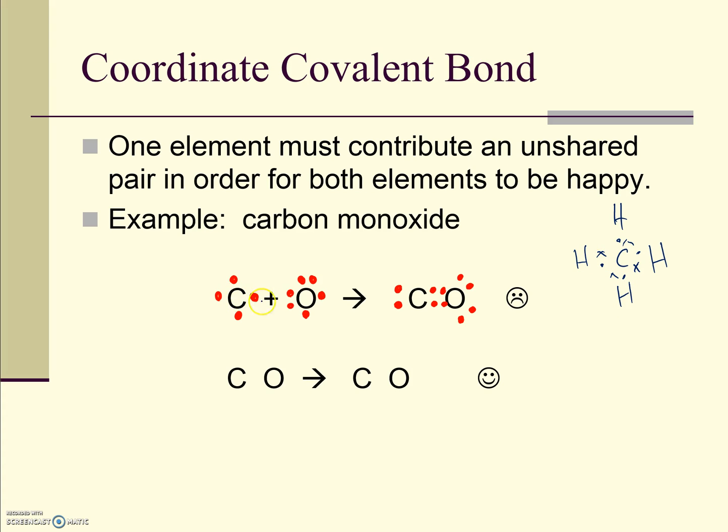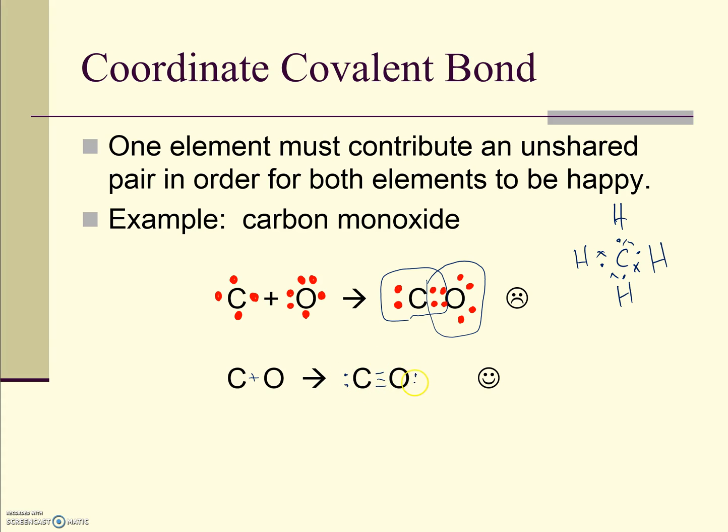So if I look at something like carbon and oxygen to try to put them together to make carbon monoxide, if this guy gives 2 and this guy gives 2, I look at it, well, this oxygen here has 8 because I have 4 and the 6. This guy has 8, but this guy here only has 6. And so that doesn't work to make it happen. So instead, if I still combine those same 2 elements, that means I don't have enough. If I go ahead and make 3, a triple bond in here,